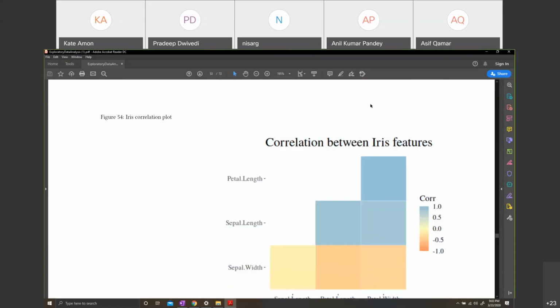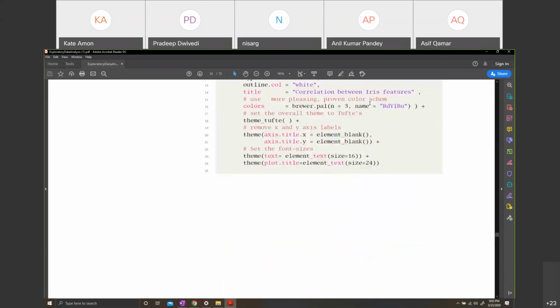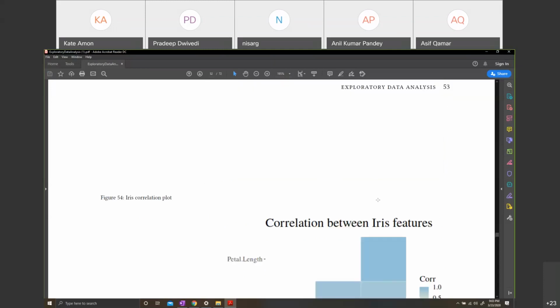And obviously here I'm going blow by blow, but gradually I'll move faster. Then one of the things I'm doing is suppressing the x-axis title and y-axis title. It's redundant. And then I'm giving it a theme. In the theme, I'm saying all text should be 16 points font, and all titles should be larger font, 24.